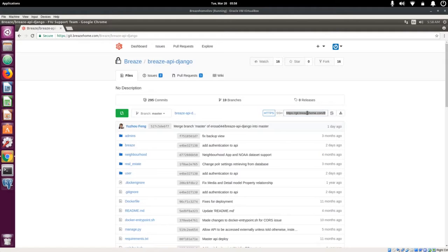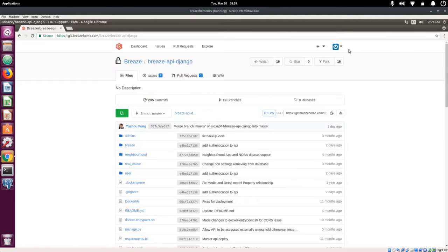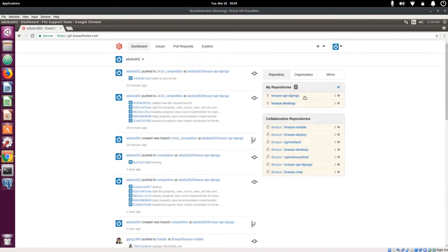I just want to make my changes in this forked repo, and once it's done and ready, I'll then merge it to this repo. To actually fork from here, we're going to click this button called fork and just fill out the information and then fork the repository. I've already created a forked version of this, so I'm not going to fork it again. And if you actually want to use someone else's fork instead of making your own, you can simply click on this number and you can see other forked repositories. So I'm going to go to my forked repository, which is right here,